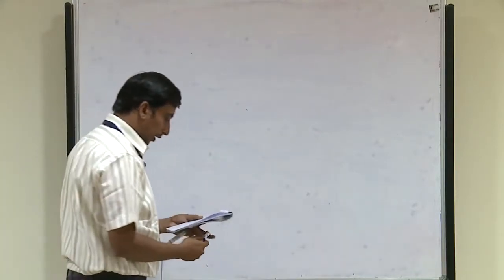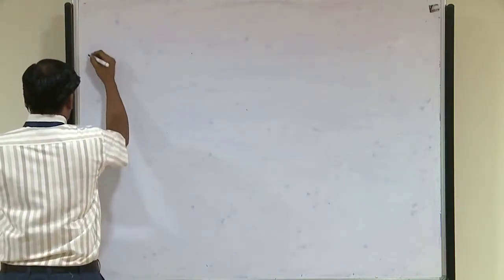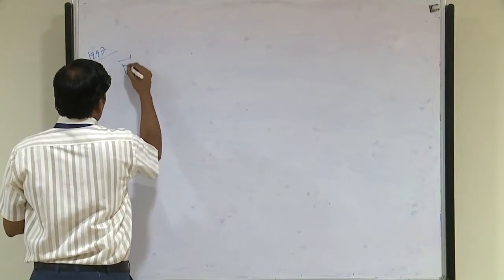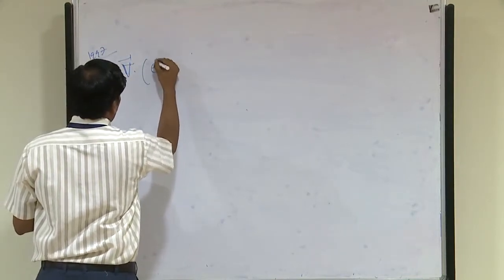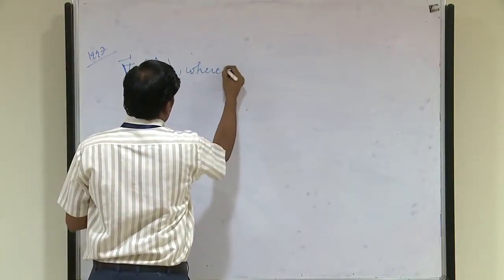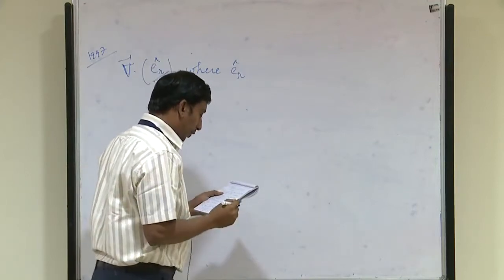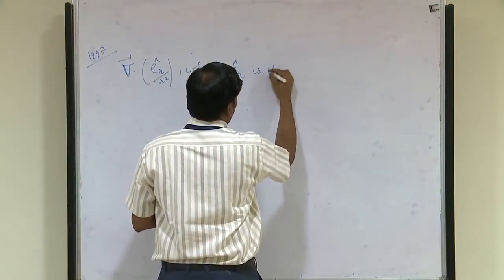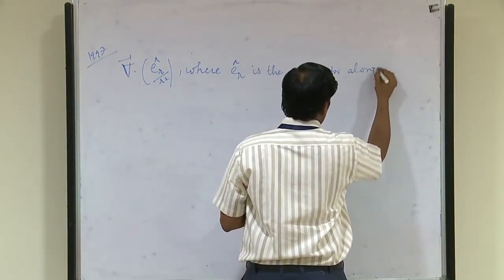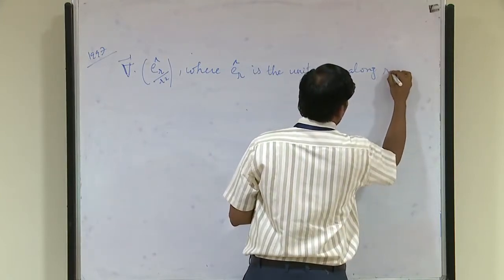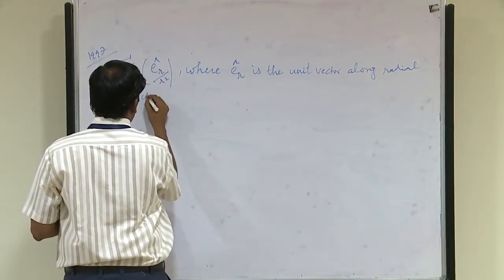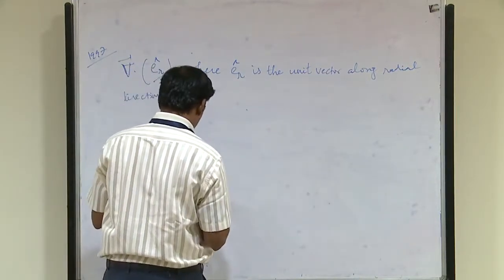Then one more direct question. This was asked in 1990. Divergence of, where E r cap is the unit vector along radial direction, is